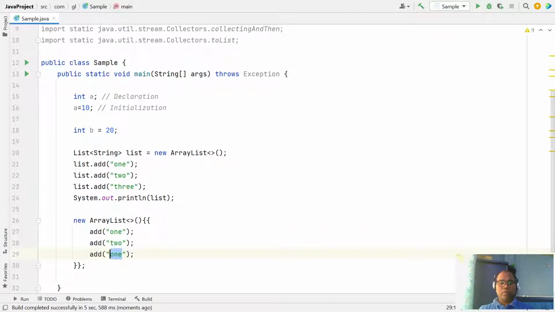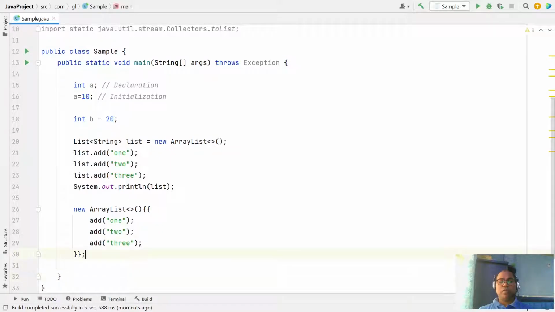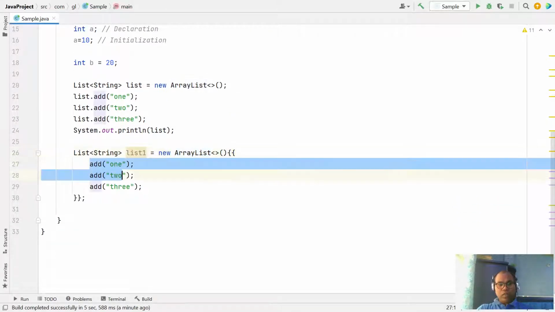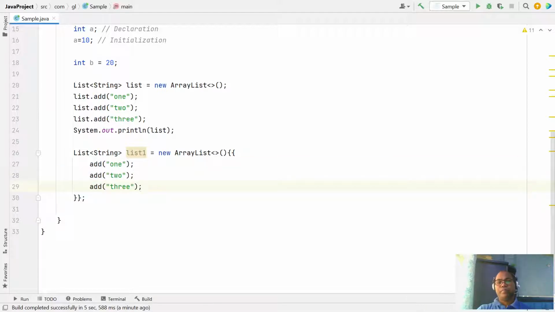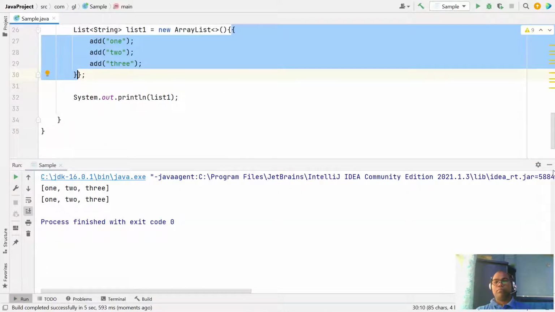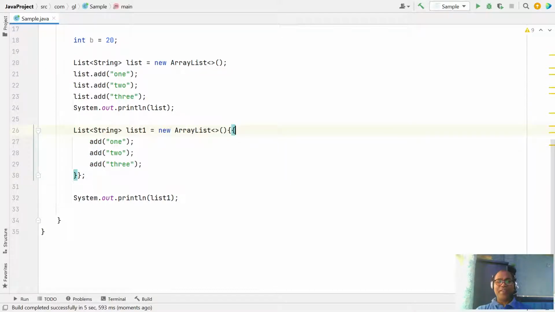This is the way. Similarly, here you are creating the object, and with that you can also initialize the values. This is double brace initialization: while creating the object, at the same time you can initialize.